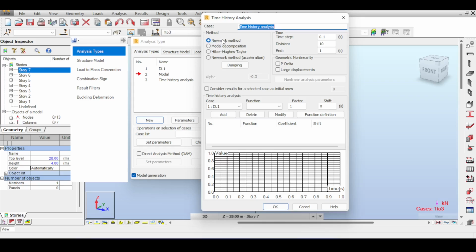The best one is Newmark's method by far. This is what the scientists, at least in my opinion, what I use when I want to do an analysis of structures to perform a time domain analysis. Now, of course, for the dynamics specialists here, they do know that we also have the ability to perform a